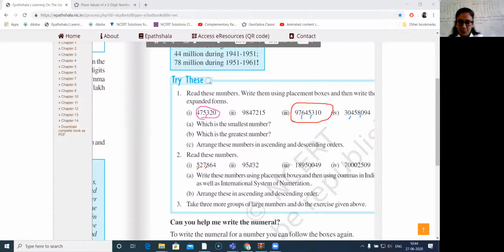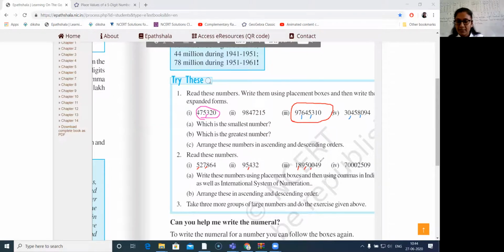Now coming to the second number. Again, after the 3 digits, put a comma here. So I have a ones, tens, hundreds, thousands and 10,000s. So 95,432. Clear? Now going to the next number. Again, put the commas first. Then I have a here. First it will be 3, then it will be 2, 2 and then 1.